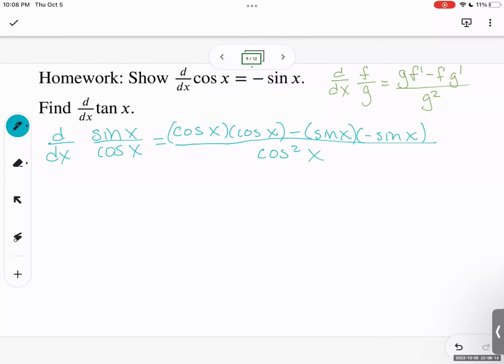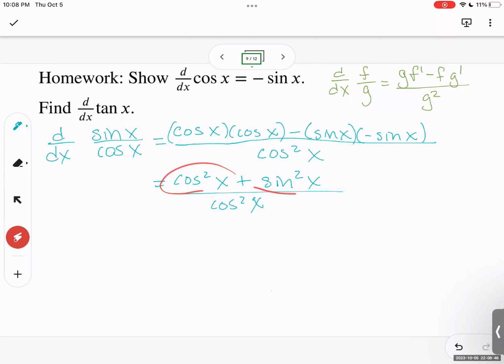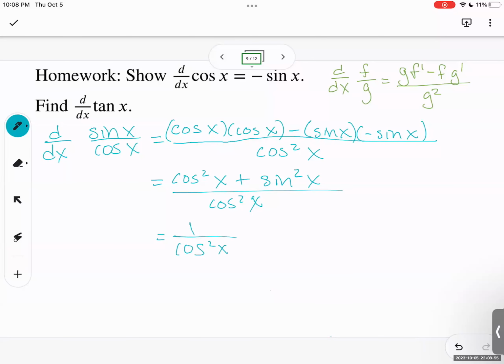So let's simplify our numerator and see how much we can simplify. Cosine x times cosine x is cosine squared x, minus a negative becomes plus. Sine x times sine x is sine squared x, divided by cosine squared x. Sine squared x plus cosine squared x, or cosine squared x plus sine squared x, equals 1. So this equals 1 over cosine squared x,